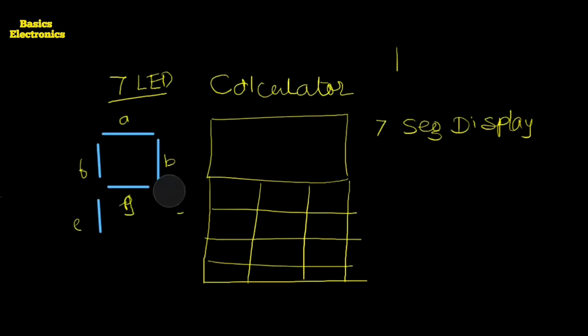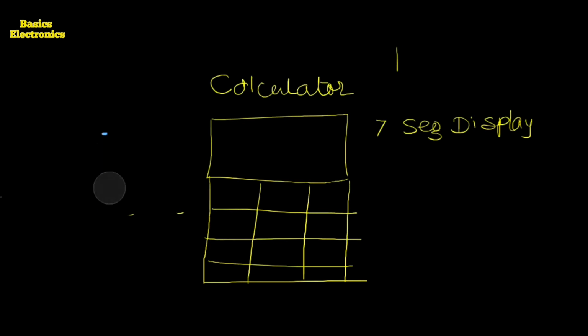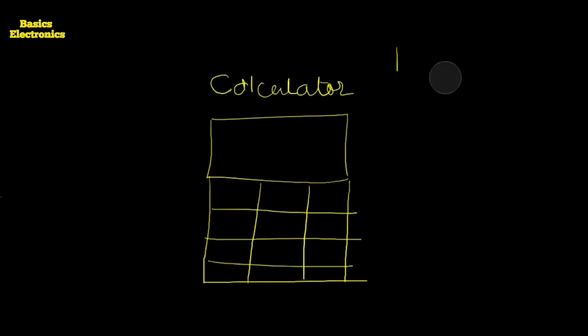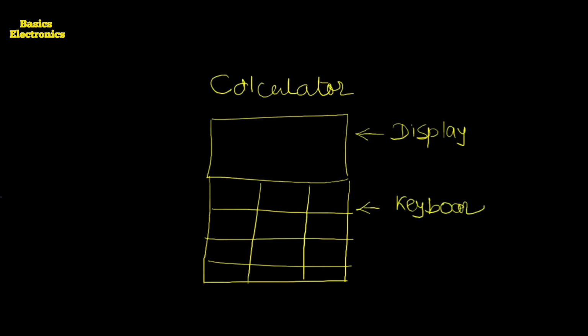So this is a different matter. We have to see the complete working of the calculator in short, how it works. Now in the calculator, if we divide the whole calculator, then we can divide it into two parts. The first one we call the display, where we can see all the digits. Whatever calculations we do, for it we require to apply the input, and for application of the input we require to press these keys. So we call it a keyboard. But on this keyboard, the decimal digits are there. The 9, 8, 7, and so on.